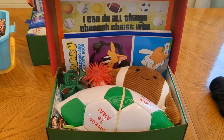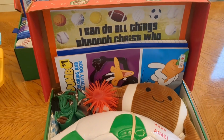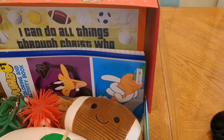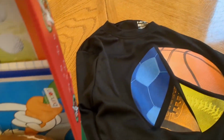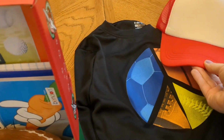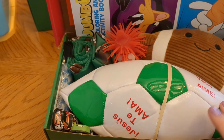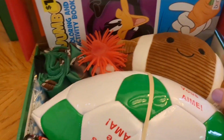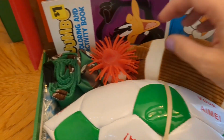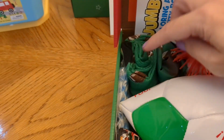Here is the 5 to 9-year-old boy box. I actually fit quite a lot in, more than I thought I would be able to. The only items that I did not fit were one of the shirts, this long sleeve one, and the baseball hat was not going to fit with the soccer ball. Other than that, this boy has a size 5 soccer ball and 2 smaller balls to pump up,